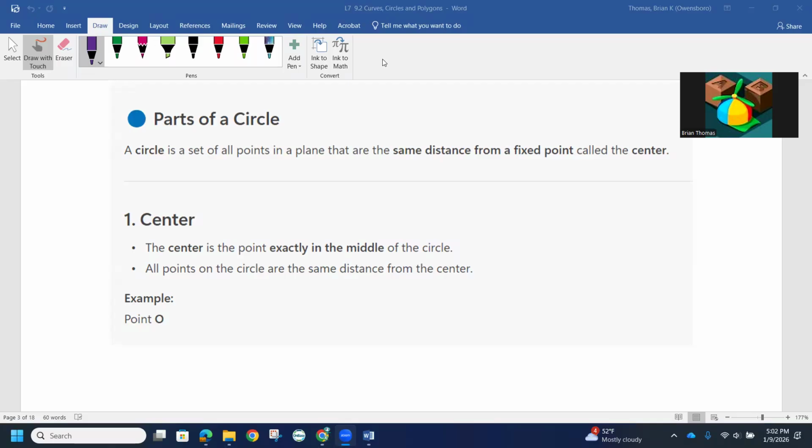So let's look at working with circles. A circle is a set of all points in a plane that are the same distance from a fixed point called the center. This is an important piece of all this. There's this fixed point. The easiest way to construct a good circle is